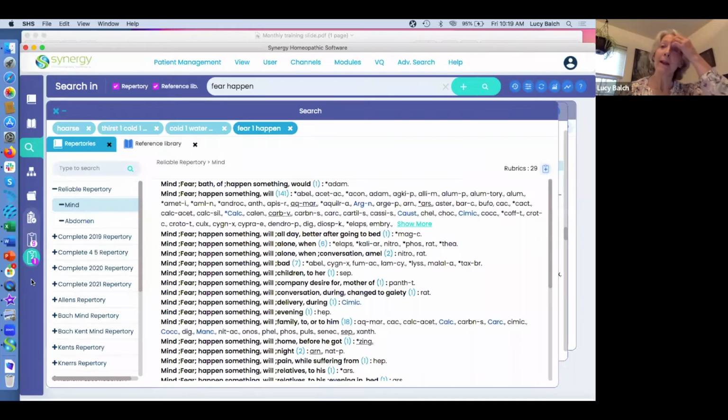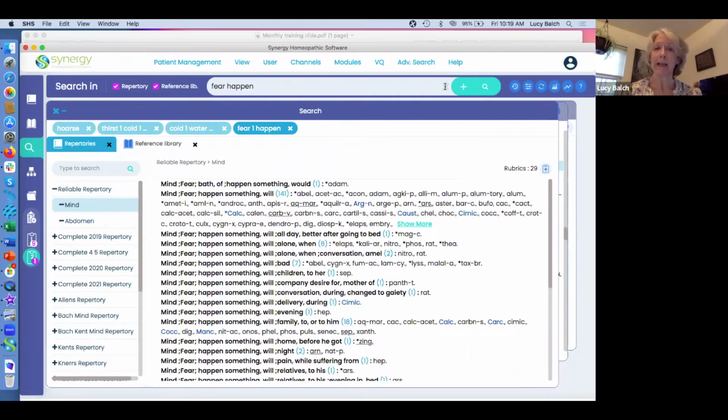So if I went back and I wanted to put another physical symptom on clipboard number 1, I would need to drag that rubric to clipboard number 1. But right now, while I'm in the mental clipboard, number 2, I can continue to add some mental symptoms there. Let's say that we also want to